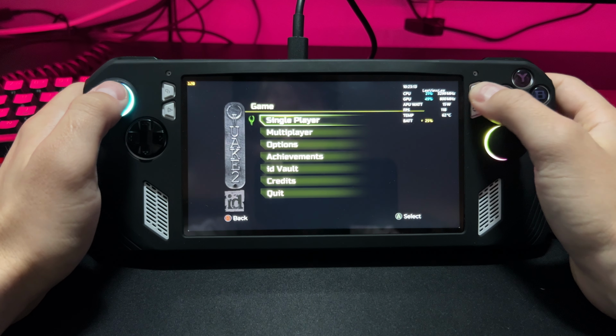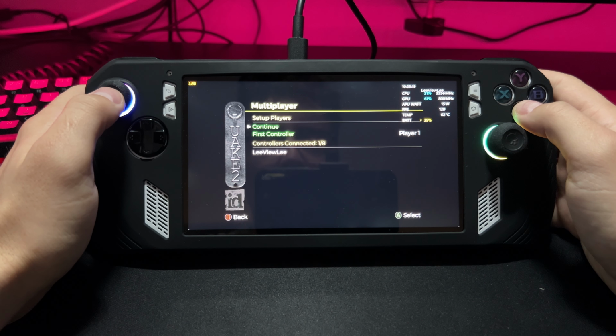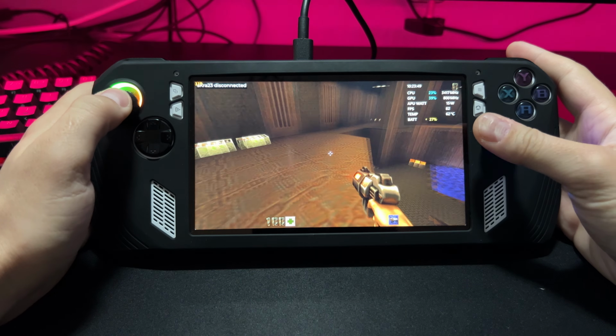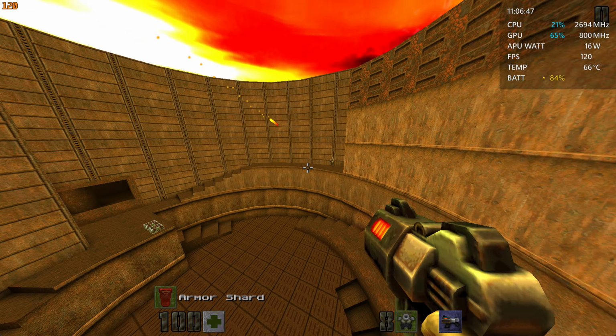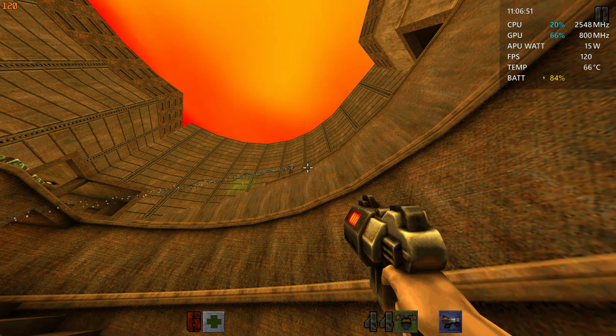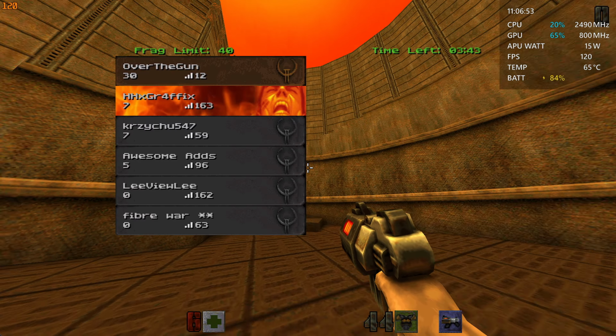Last but not least, the grandfather of FPS shooters, Quake II. So this is a remastered version, but it's still an old game, and I'm running it at 120 frames locked. You can even play on silent mode at about 60 frames per second, but performance mode is more than enough